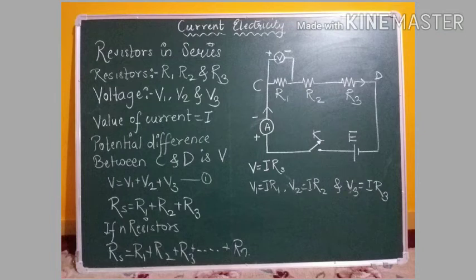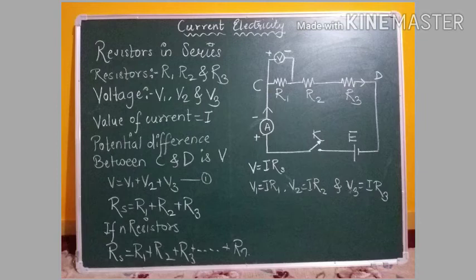Now in several devices you can see that resistors can be connected together in different ways. That is, Ohm's law is applicable to all such connections. Now resistors can be arranged in series, that is end-to-end attachment, or in parallel, that is up and down attachment. Now here in the first image you can see resistors in series.